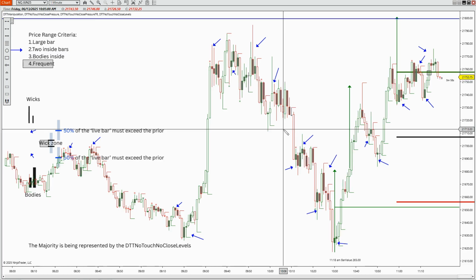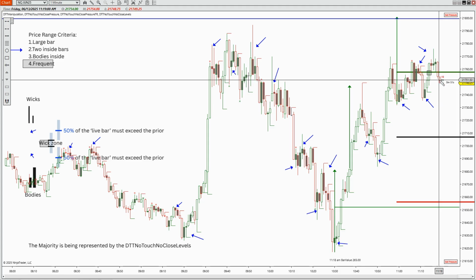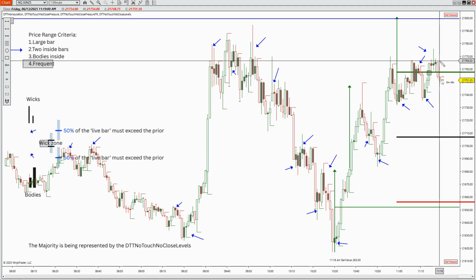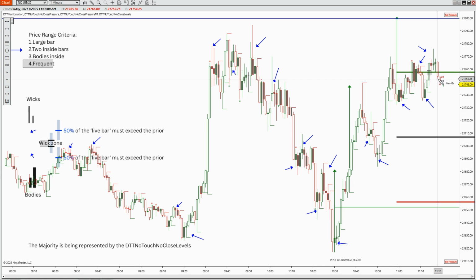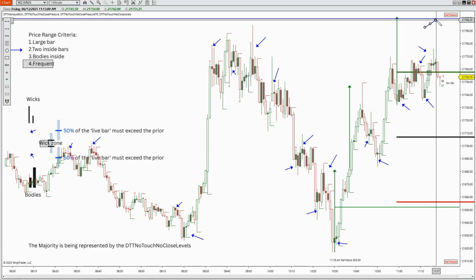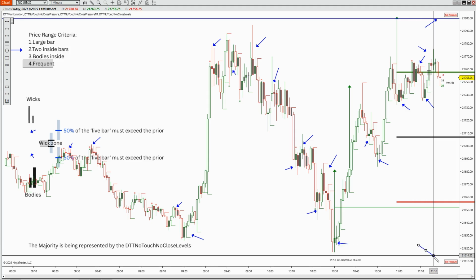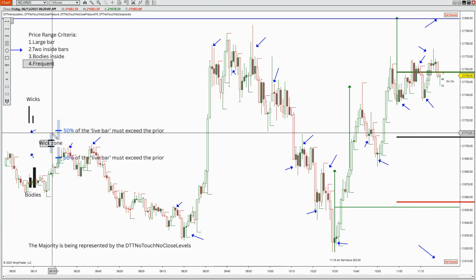So here's some give. They're trying to give back just a bit. And again, there's your two. Now the mid is falling beneath that low. That level could possibly show up if this bar can keep the mid of the bar beneath that bar's low. Or will they turn it back around? The pressure will indicate that this is taking place. I have the pressure to help you with the 50% exceeding the prior bar.